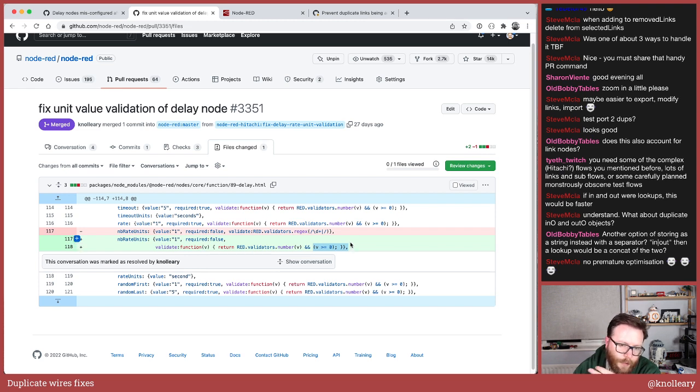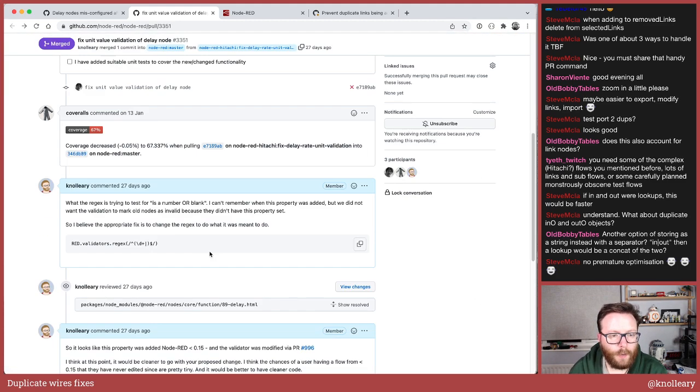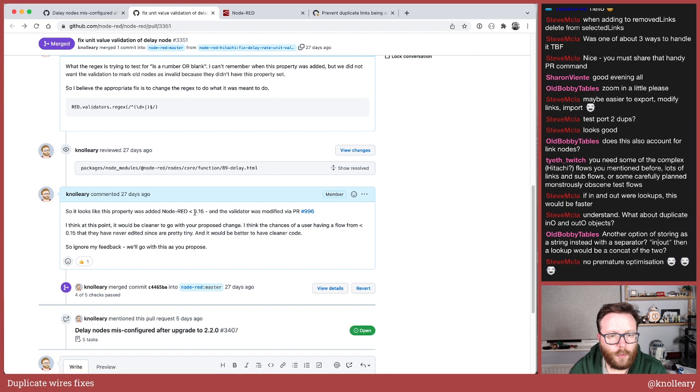Now, that's all well and good. However, MB rate units is a property that didn't exist at the very start of Node-RED. In fact, it was added in 0.15. I remember that because I looked it up. So there was a concern, well, and you can see here, with the change proposed in this PR that we did merge,